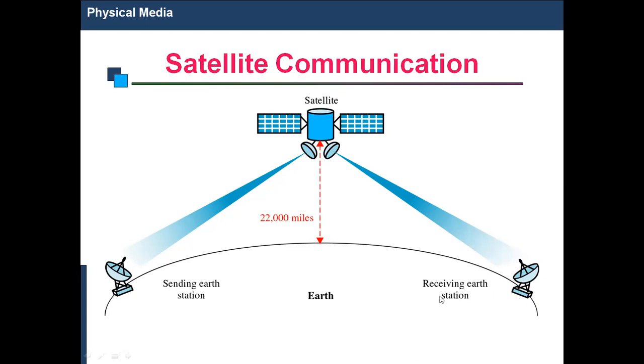This is about physical media in communication. The medium is nothing but a connection between sender and receiver, or transmitter and receiver. Today we discussed two types of media, guided media and unguided media. For guided media we use copper cables and OFC cables. For unguided media we discussed different types of wireless media based on short range, mid range, and long range.